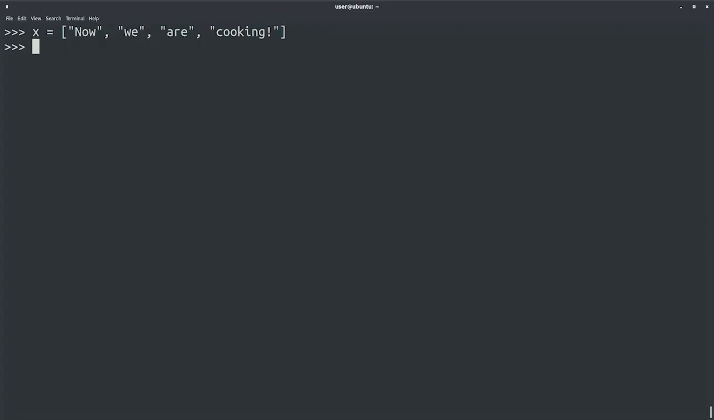Here, we've created a new variable called x and set its contents to be a list of strings. We can check the type of x using the type function we saw a little while ago. Nice! Python tells us this is a list. In the same way we've done with other variables, we can show the contents of the whole list using the